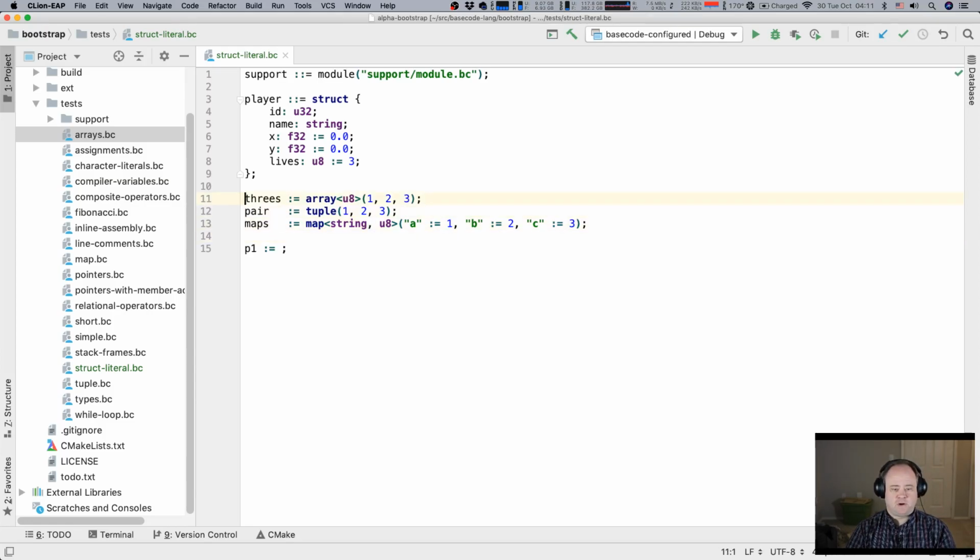So these are our constructors, or literal syntax, that we have.